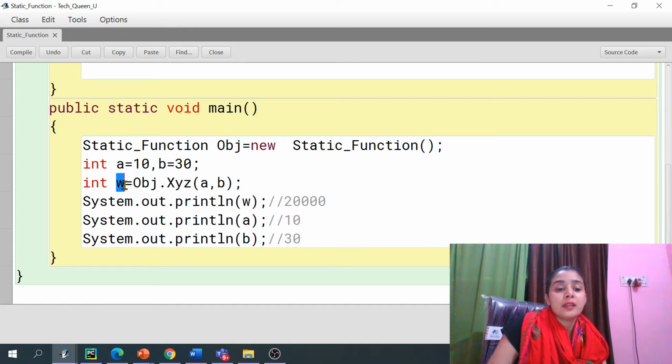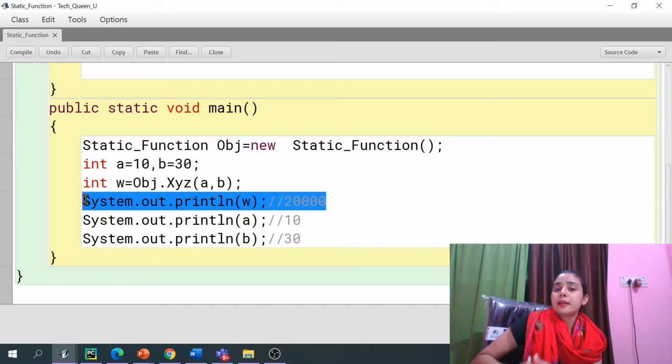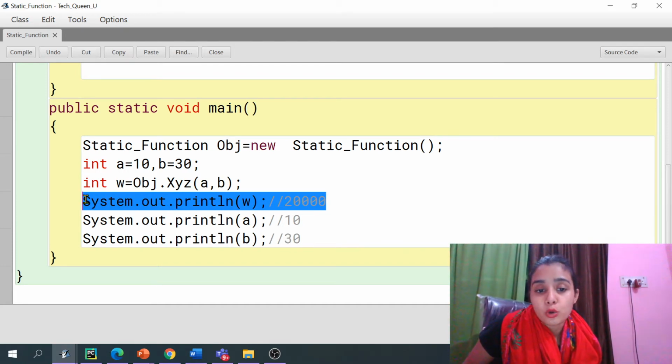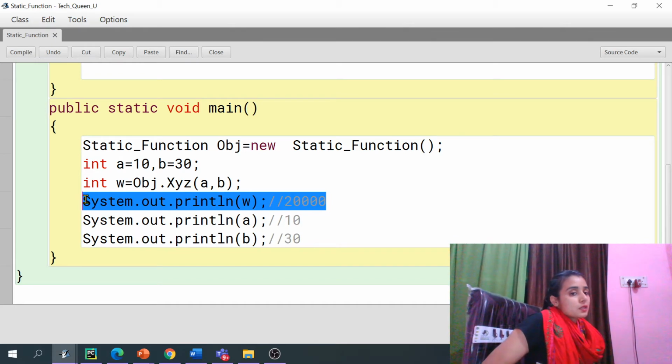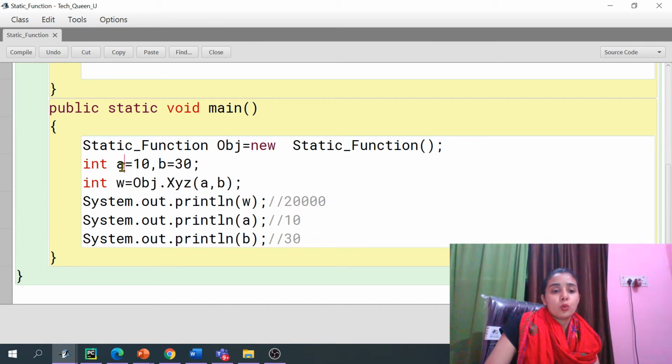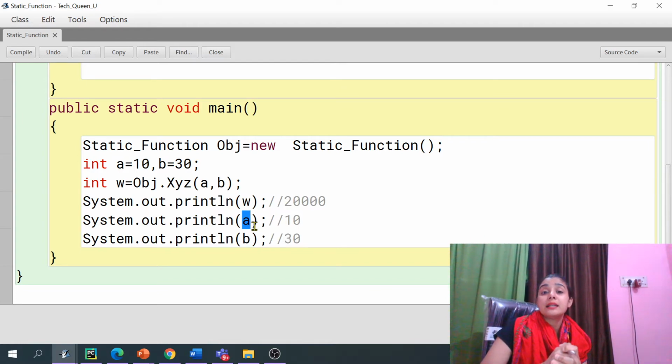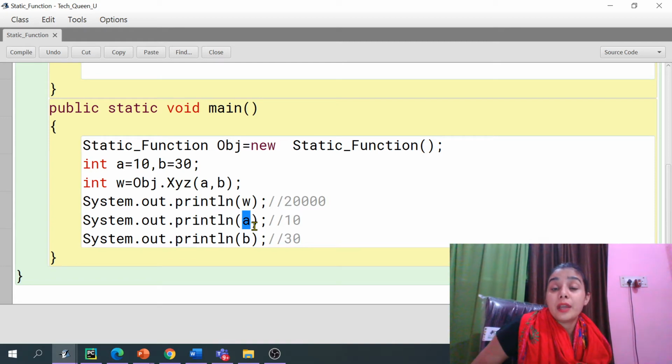You are transferring this to W, and when you print W, exactly 20,000 will be printed. But my question is, your original value which you passed is not changed. It is still 10 and 20. This is called call by value, or pass by value.